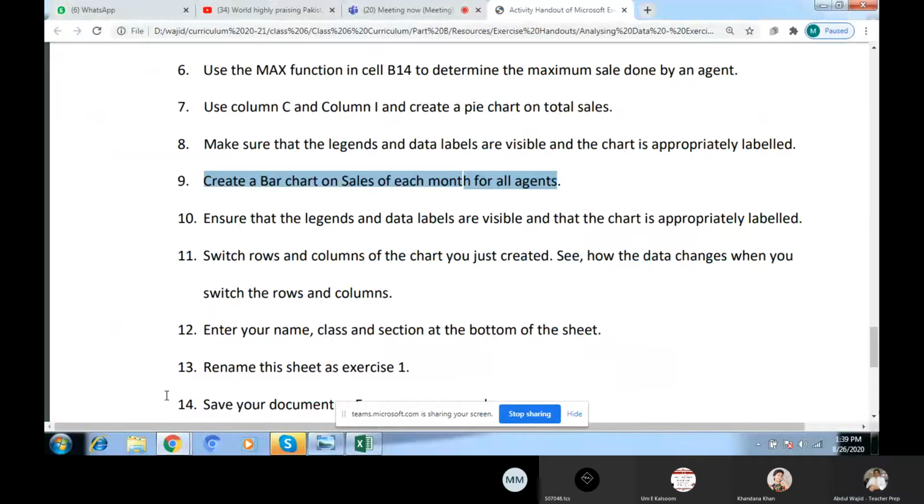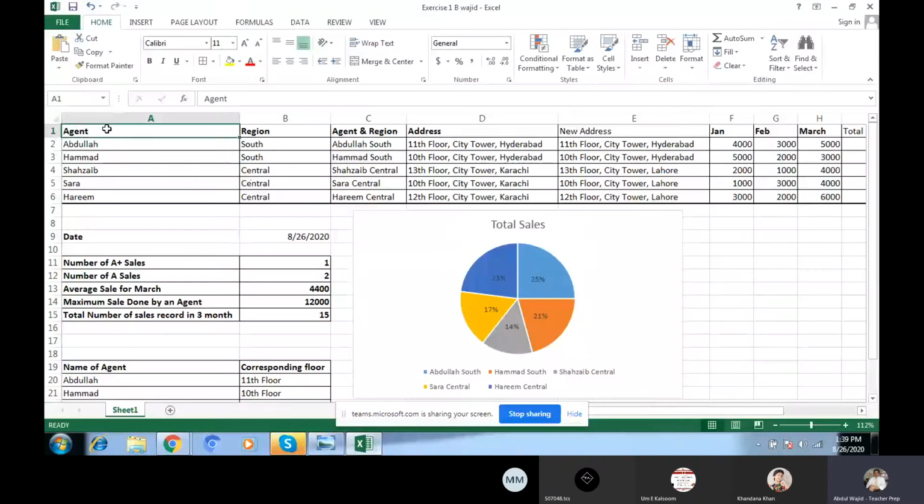Okay, it is not specified here. You will go for the C column or the I column. This is depending upon you. Yes, I create my own. Yes, now I select this one first, and also the 3 months with the control key. Press the control key and select these 3 months.